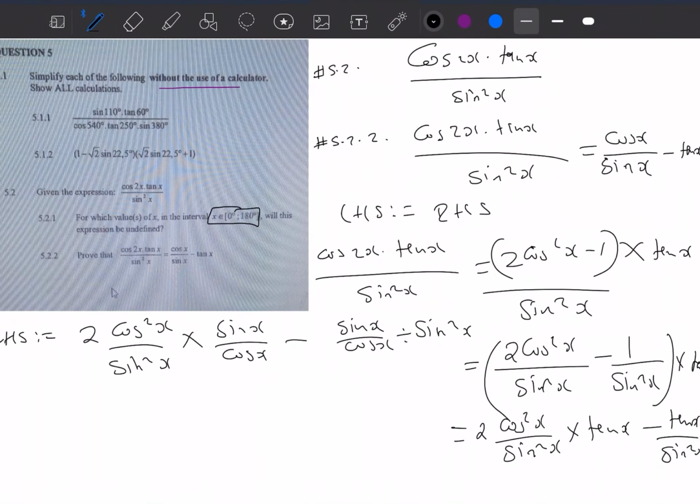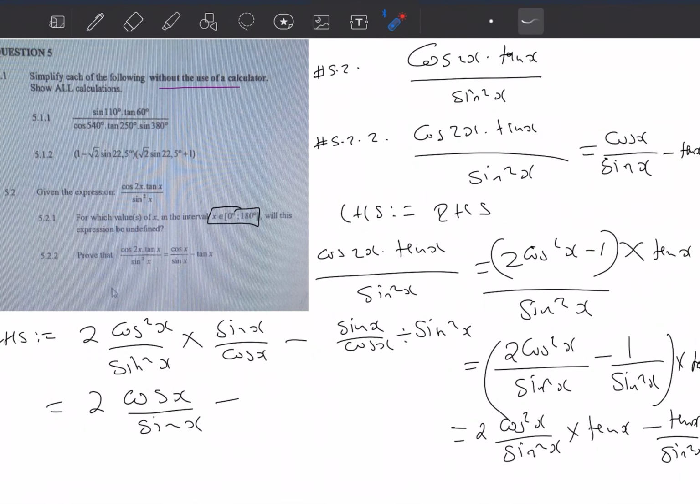Okay, so sine squared and sine x cancel, we're left with sine x. Cos squared and cos cancel, we're left with cos. So 2 cos squared over cos is cos x. Sine x over sine squared x is sine x. We're left with that. So we have cos over sine. Okay, we're going somewhere. Minus,